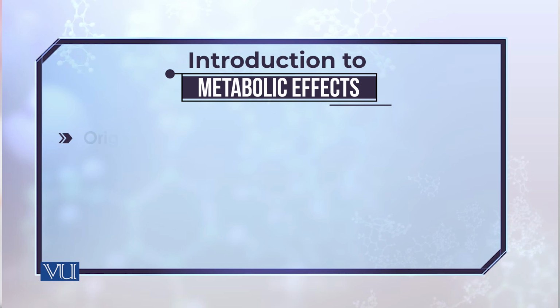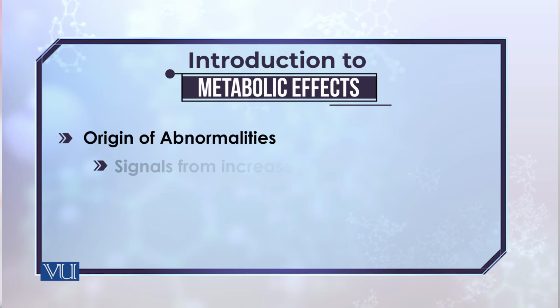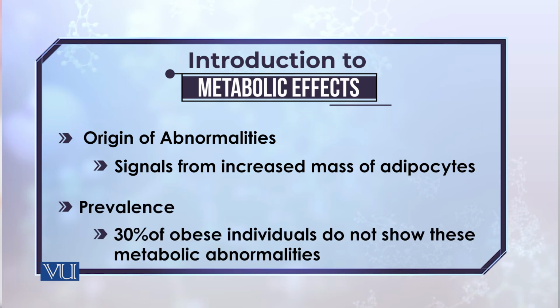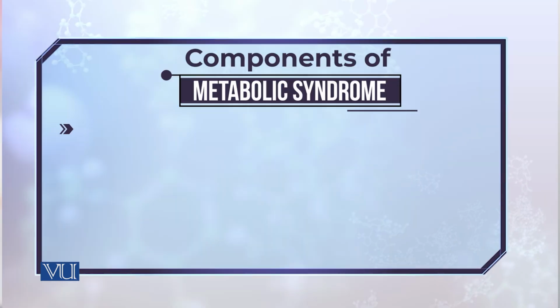Then one of the major reasons that these abnormalities occur is because of the signaling which is originated by the accumulation of fats in the adipose tissues, the initiation of signaling, the occurrence of inflammation, the inflamed tissues, they all worsen the condition. But not all the obese people have these symptoms. Of course, from the inner side, their body is affected because of obesity, but they may not have these symptoms of these abnormalities.